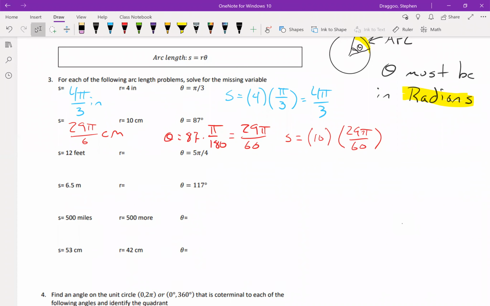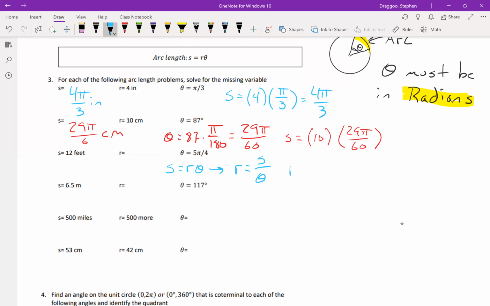All right, so in the next part of the example, we're given an arc length and an angle and asked to find the radius of that circle. So we can just rearrange that equation. Instead of S equals r theta, I divide both sides by theta to get r by itself. Should have the equation that r is equal to S over theta. So the radius is equal to the arc length divided by the angle,